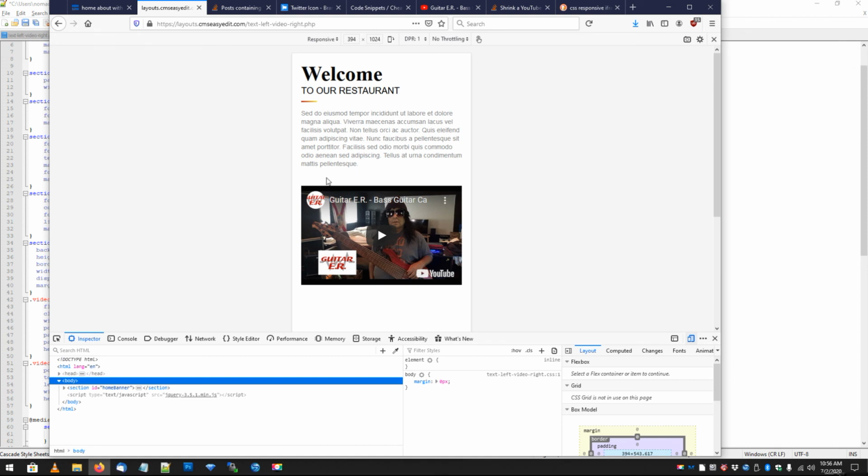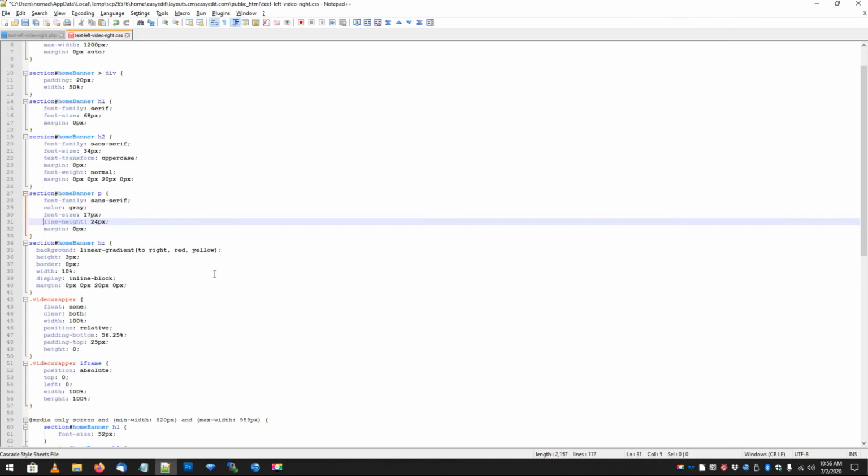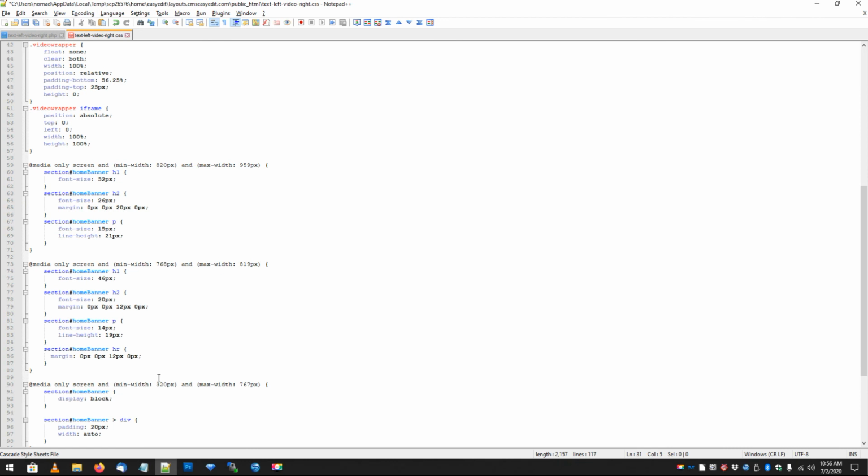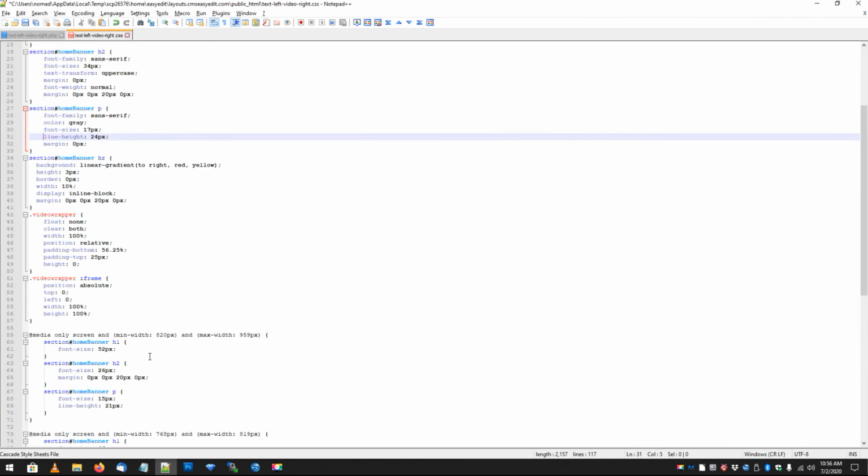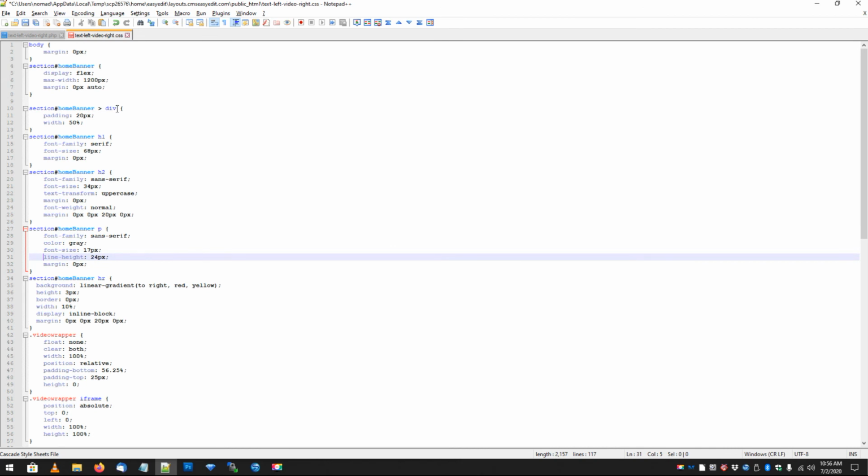Maybe... I'm not sure what's creating this space. Oh, it's probably the padding on this other one here. So we could actually remove the padding on that one. Why don't we try that? Let's pull in the second div. So I'll show you how to do that. What we can do